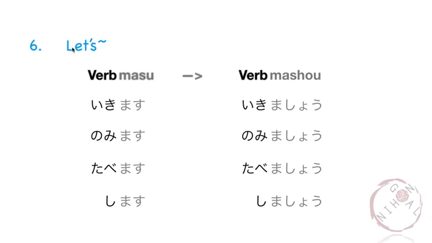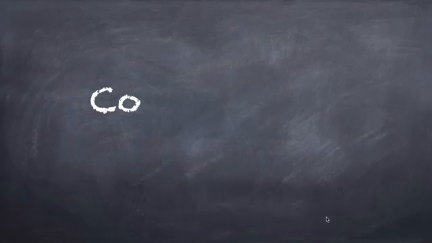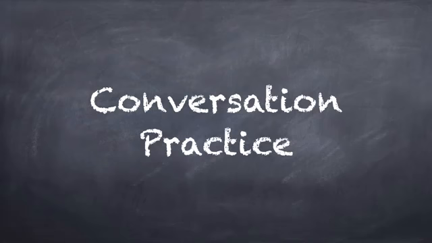And lastly, let's blank. Let's 何々. So we just change the mas form of the verb into ましょう. For example, 行きます。行きましょう。飲みます。飲みましょう。食べます。食べましょう。します。しましょう。